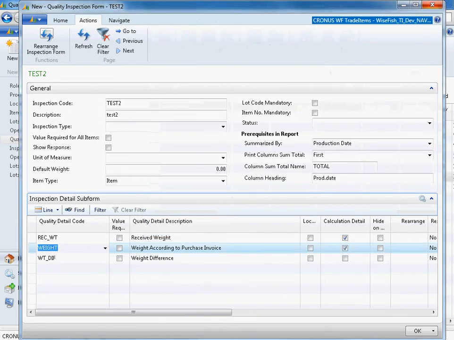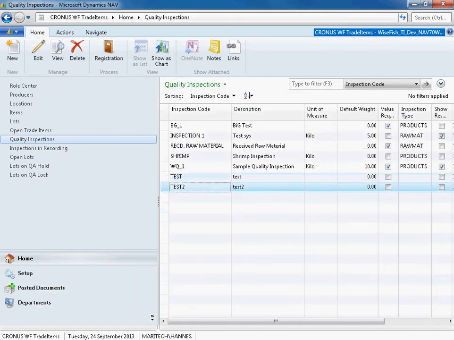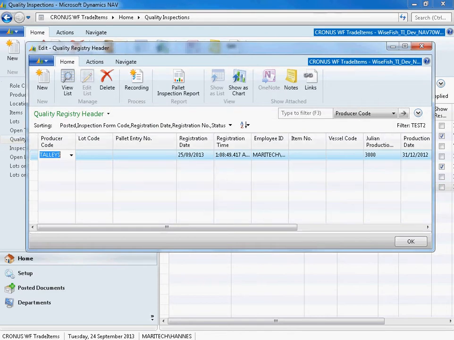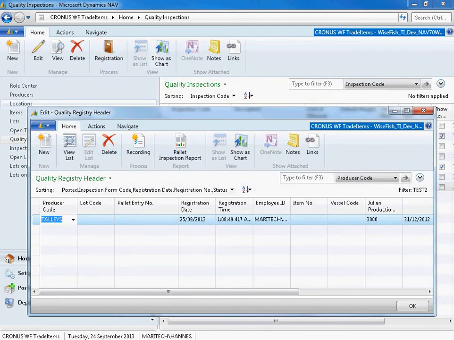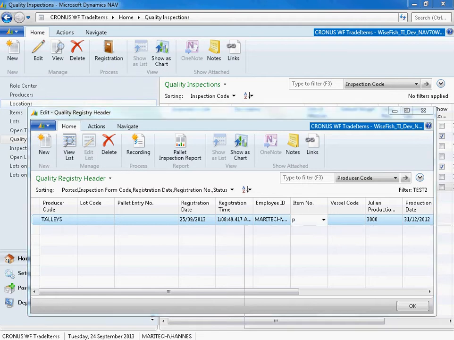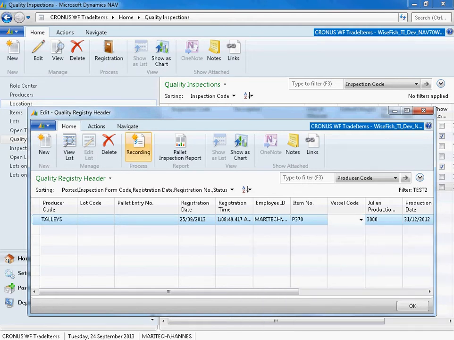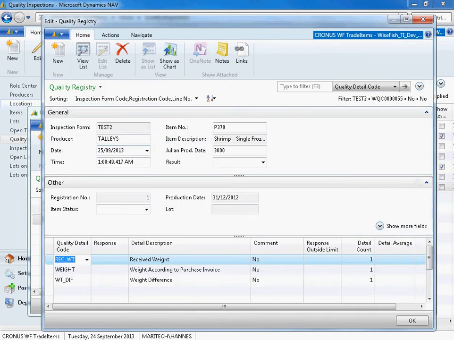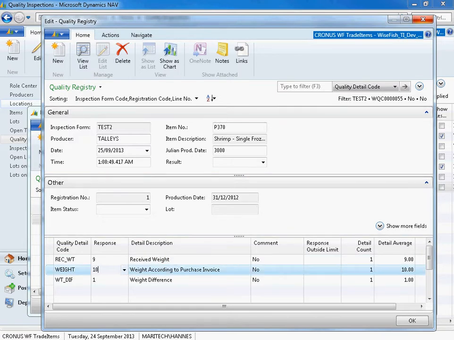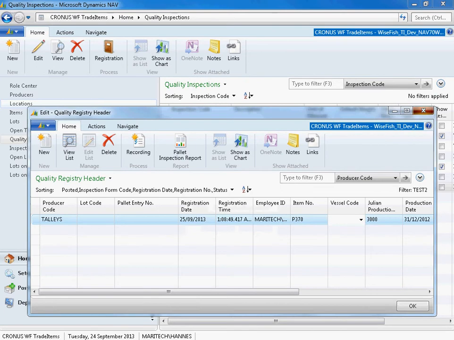I close this. Now I want to see how the worker sees it, the person that will be doing this. So I'm gonna enter that area. Here is where you record an inspection, and I'm gonna say, okay, P370, which is a quality item. Click recording. Here is where the user is asked all the questions. I can say 9, 10, and look, the system gives me 1. I close this, I go back,